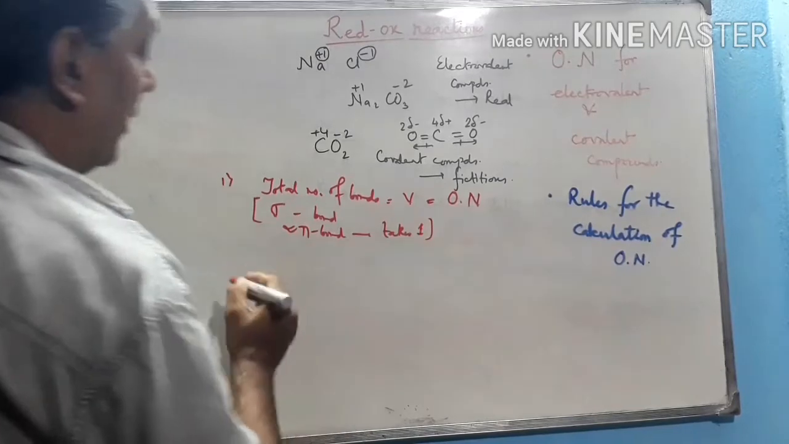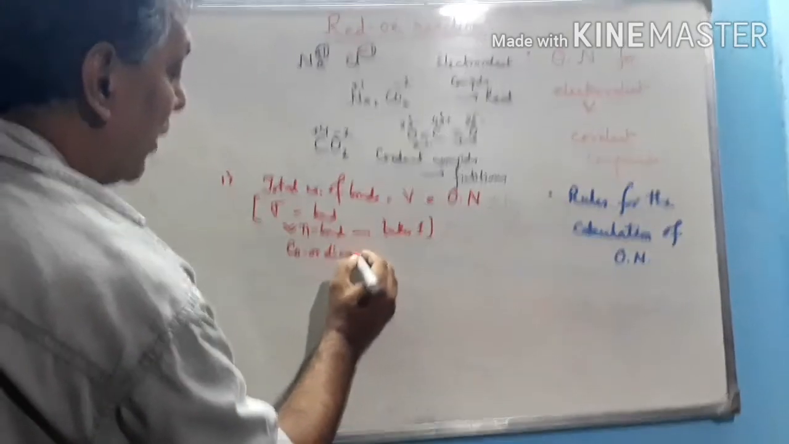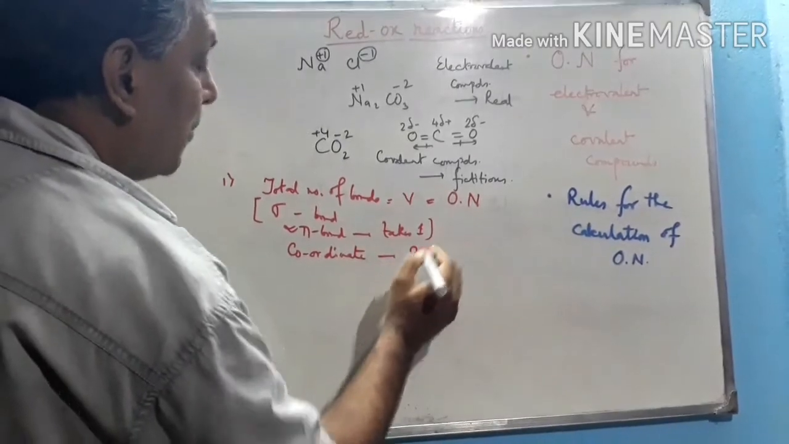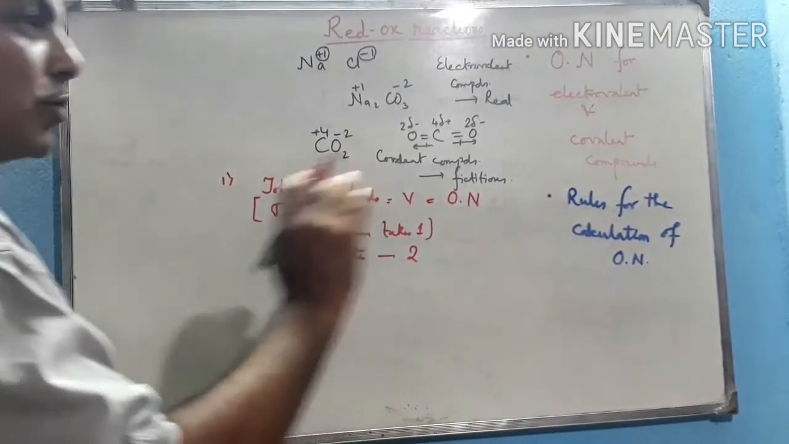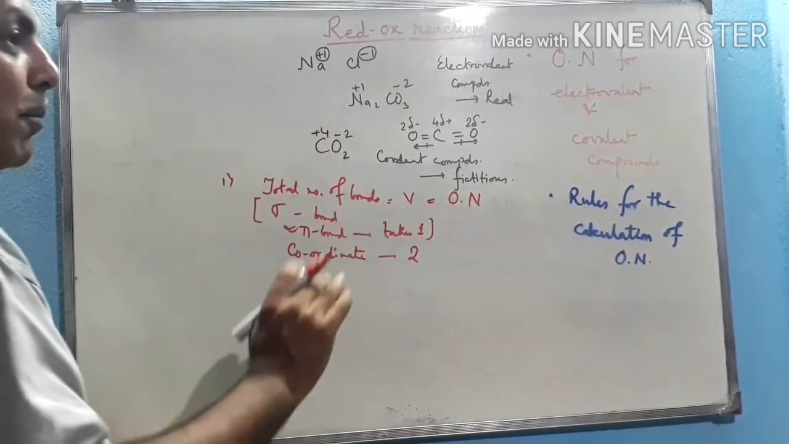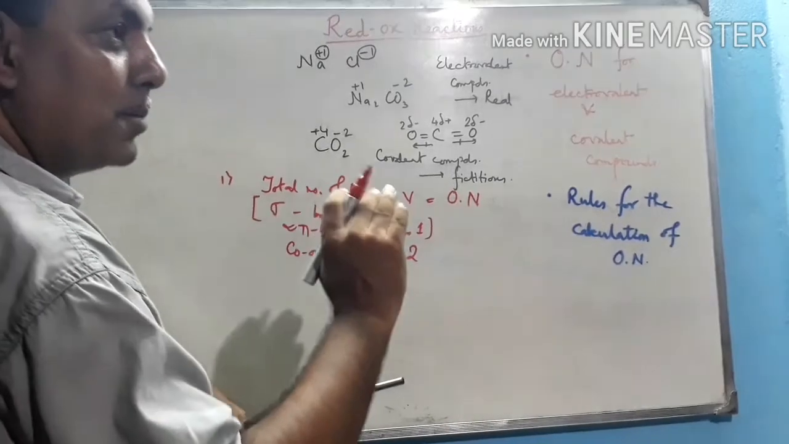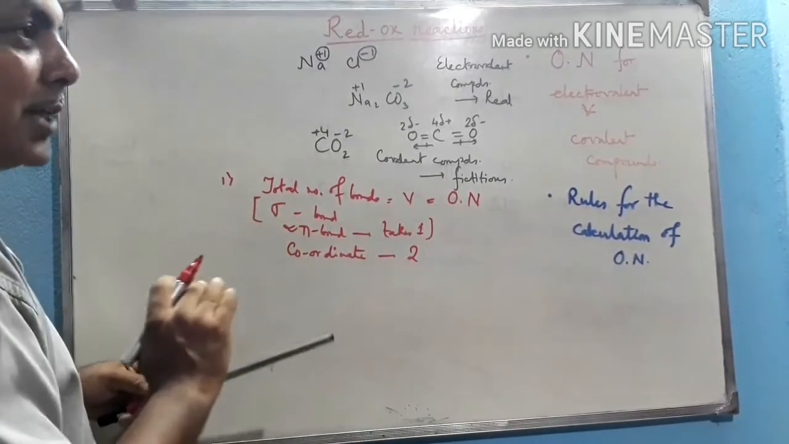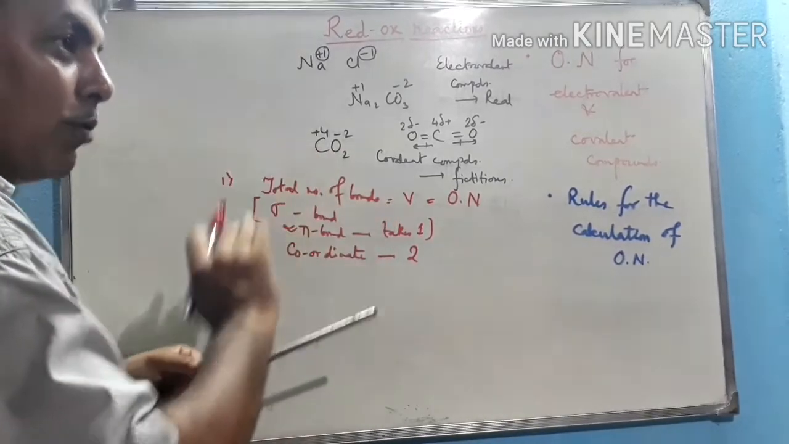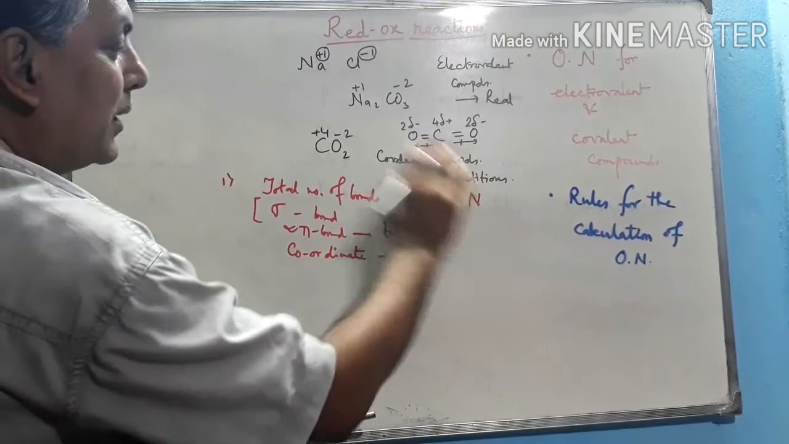Each bond takes one. But in case of a coordinate bond it takes two, because two electron transfer takes place for the coordinate bond. Complete electron transfer takes place; sharing of a pair of electrons does not occur here. In case of a coordinate bond, complete electron transfer doesn't take place either, but the electron transfer occurs from a particular atom towards a particular atom, and that's why in case of a coordinate bond we take the oxidation number